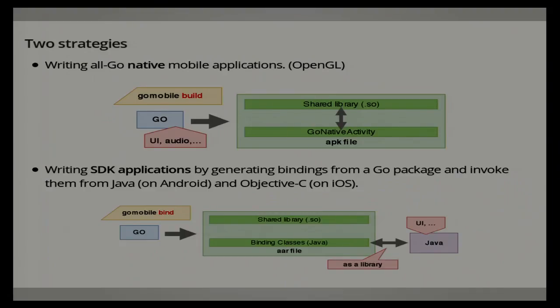There is another way, which is Gomobile bind, which is also called an SDK application. What you do is you write Go code, Gomobile generates some Go bindings, and you load it as a library in your Android application. In the first case, Gomobile build will generate the APK file, and in the second, you have an AAR file, which you need to import